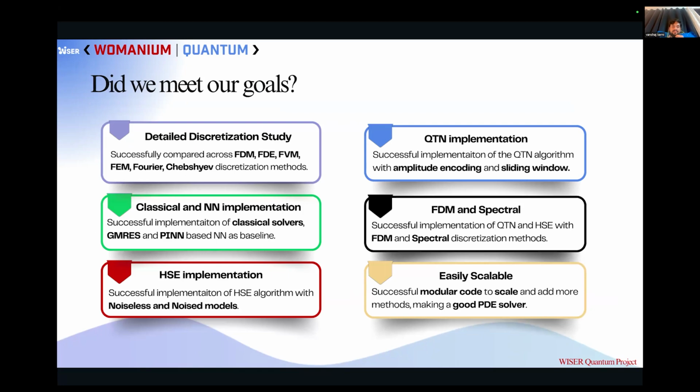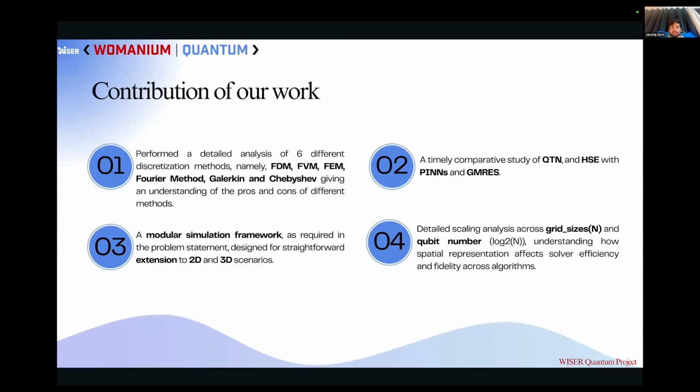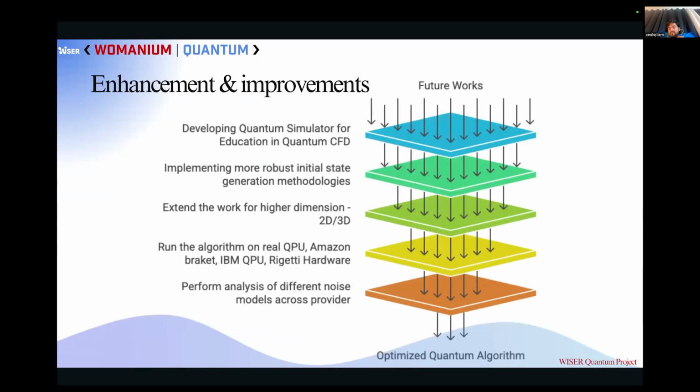So have we met our goals, which we started with? We have done good so far. We have done a detailed analysis of QTN and HSC, both the algorithms. We also compared it with the classical and the neural network, and the code is modular enough that it can be extended to 2D, 3D, and the hardware approaches as well. So for our future scope, the first direct task that we want to do is